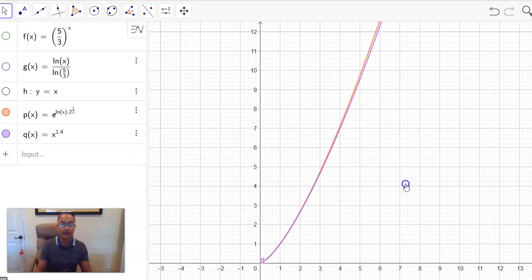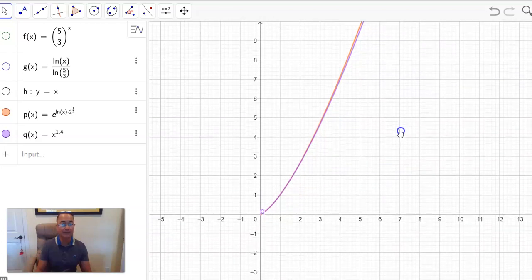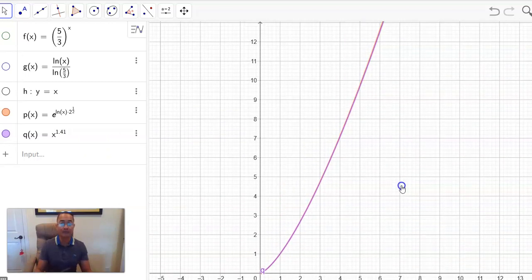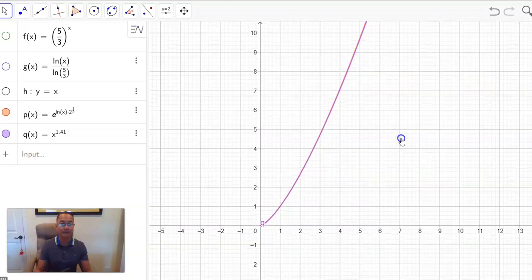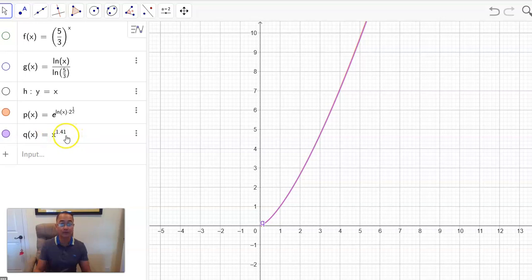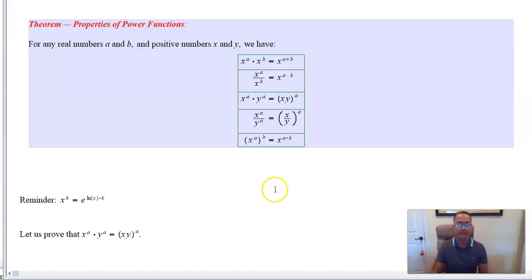As you go further out, yeah, they separate a little bit. Okay, so if you add more digits, 1.41, boom, ooh, you can hardly tell that apart now. Okay, so yeah, it's not close to x squared, it's more close to x to the 1.41. All right, so now that we have a meaning to x to the square root of 2, let's go back